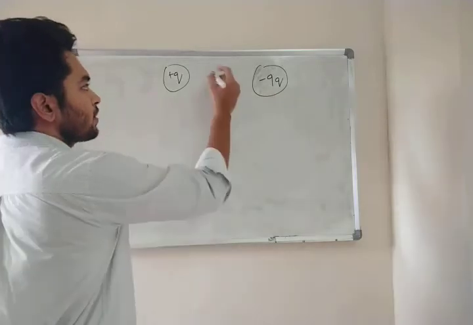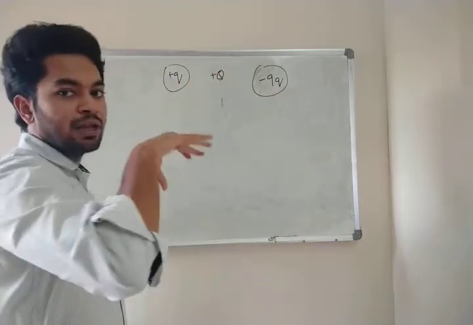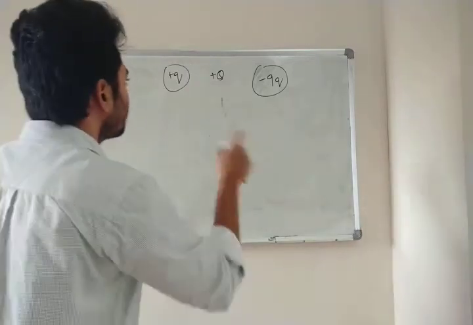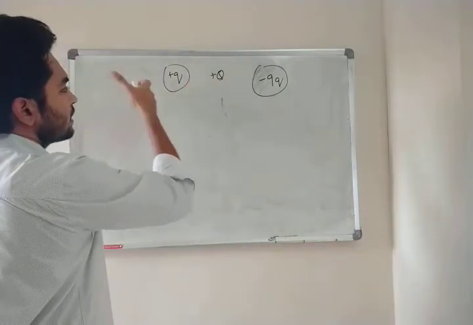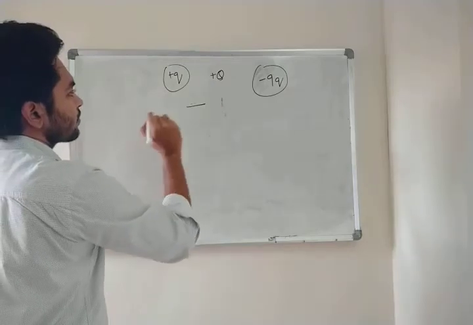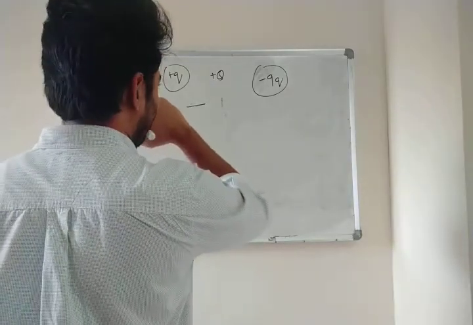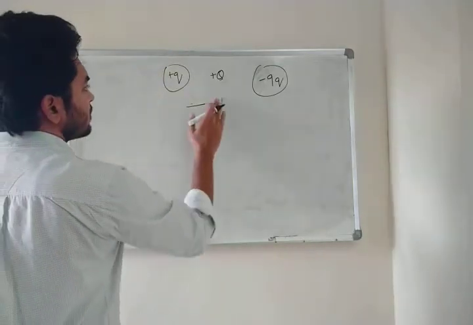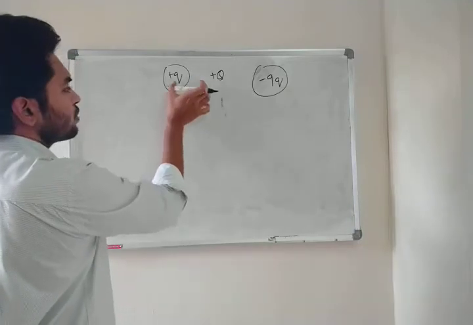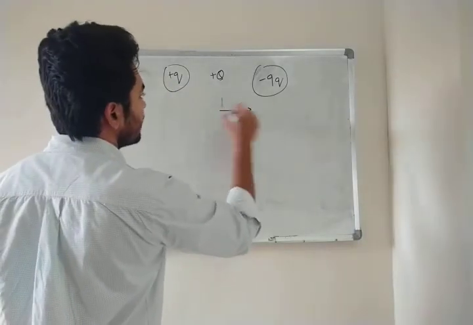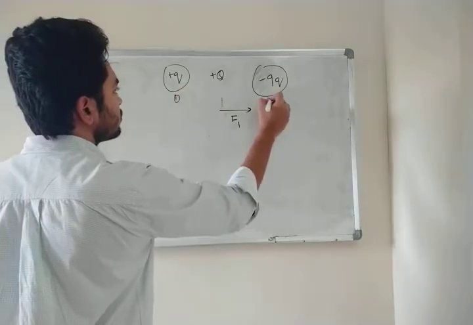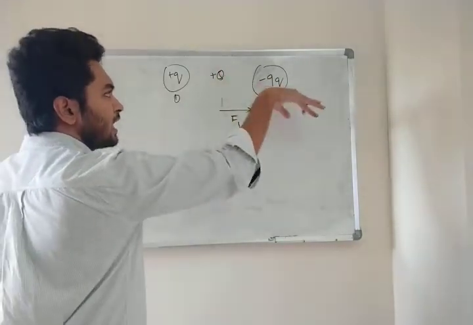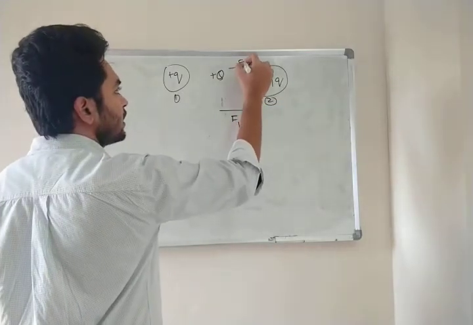Suppose if I put plus q here in the middle, what will happen? Let us see. In this case also we have to bring them in equilibrium. So this will get repelled. So this both are positive, so this q gets repelled. F1, this is 1, this is 2, and on 2 this is negative and this is positive. So this will also get attracted. So what will happen? This will go in this direction.